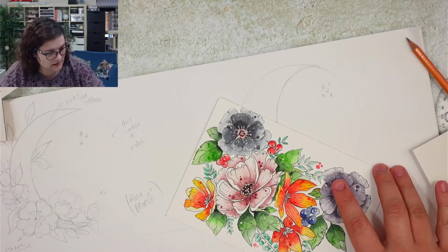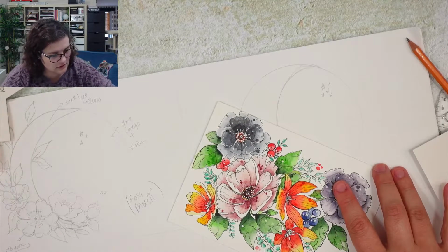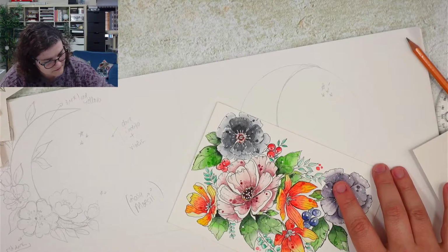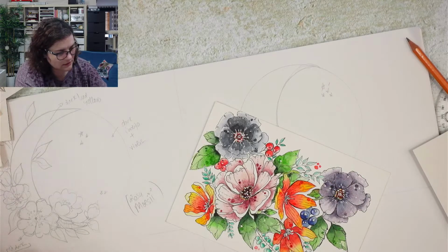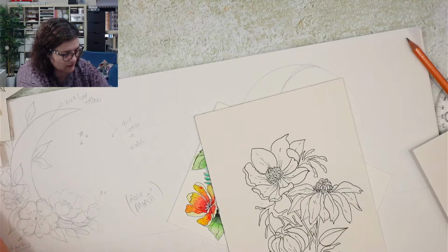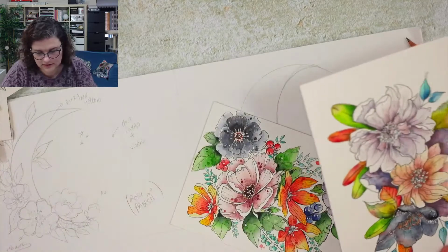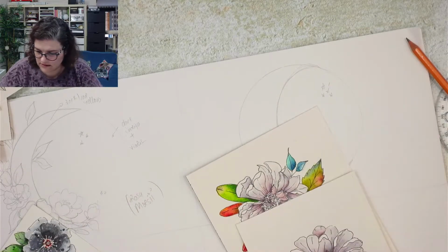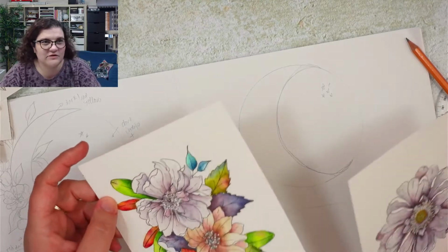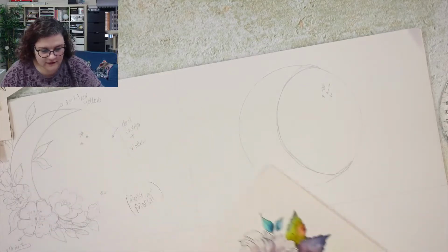Let's see if I have some more versions. These are leaves. Okay. This looks like something similar. I drew somehow, but I think this is gonna be the example. Okay, no, this is gonna be the example. So these flowers like this. Let's do it. It's always good to have so many flowers that I've already done, so I can pick and choose which one I want, right? Again, if I look at the other design,